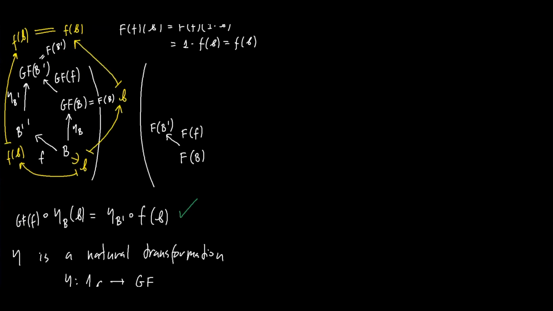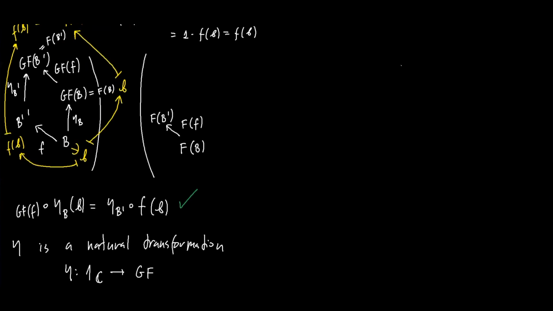Okay, so now let's look at the other side. The other side will be a bit more complex, because here the eta map was defined in a very easy way. That's why it was a bit easier, but it won't be too complex either. We take two vector spaces, V, W, and a linear map between them. Let me still call it F. Then we map these by the functor G. I get a function